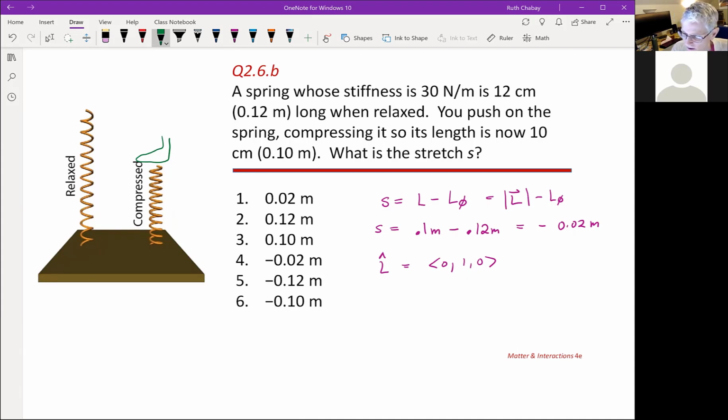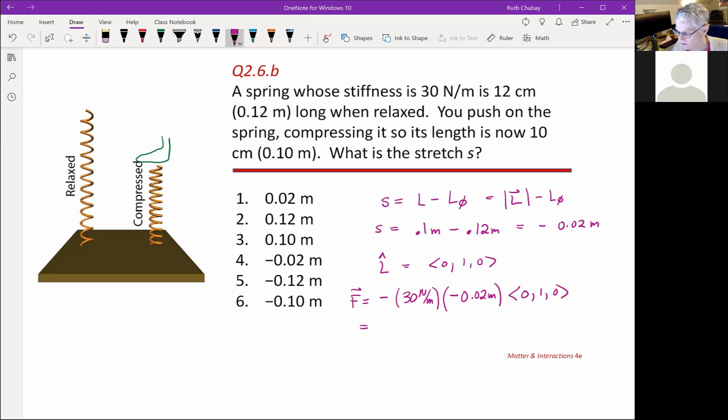The force on your hand by the spring should be negative 30 newtons per meter times a negative 0.02 meters times the unit vector 0, 1, 0,